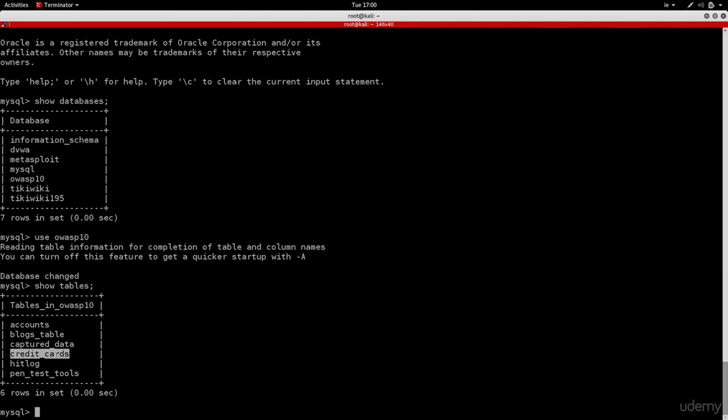Basically, the database will store everything, all the data that is used on the website, because they don't get stored on files. It's not efficient. So let's have a look at the accounts. And if I just say select, so this is exactly how the web application would be retrieving information from the